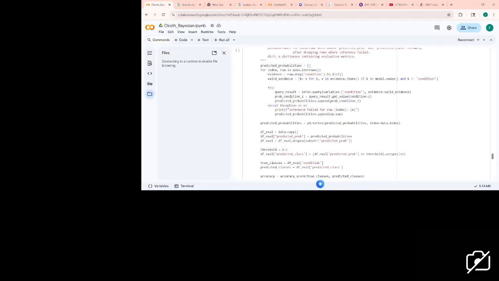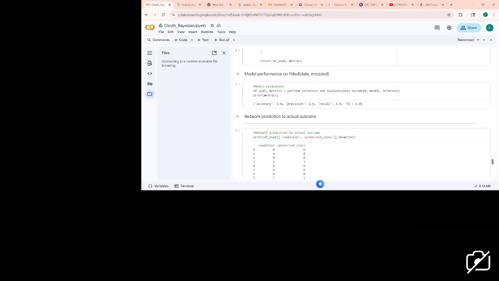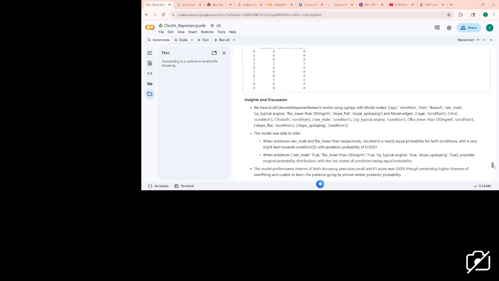We did some model evaluation, and actually we made a prediction, and generally the insights from the analysis we have